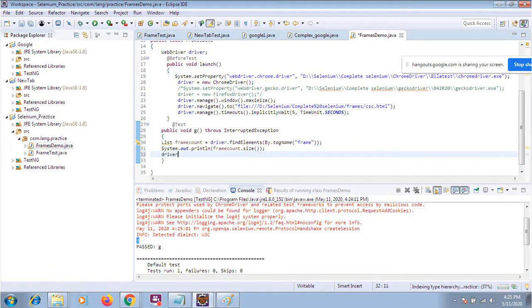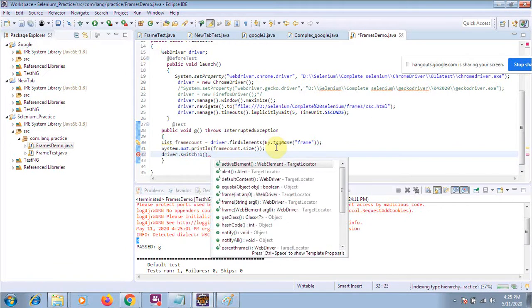We will say driver.switchTo().frame. There are 3 frame elements. You can move by their indexing, like 0, 1, 2, by their name, or by an element on the frame. But the third option is very rarely used in the market.